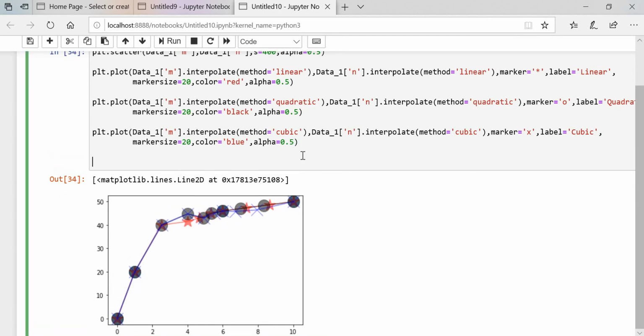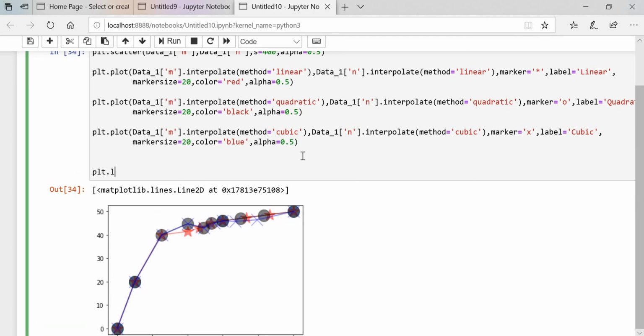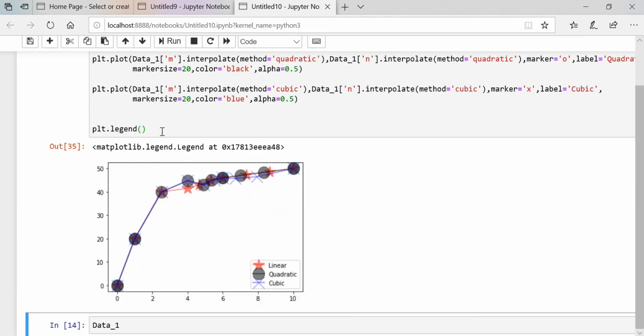Once you execute, okay, we need to put plt.legend so that it will show. You can see here, and I'm gonna use bbox_to_anchor equals 1,1. How this will work I already explained, guys.